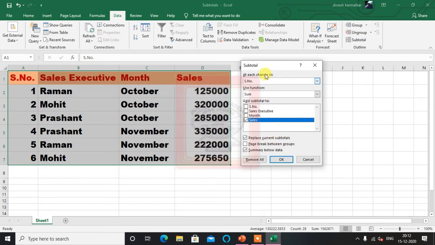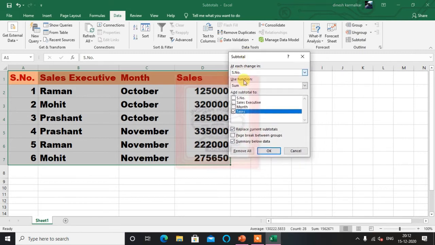Once you click Subtotal, you can see this dialog box. In this so many things are there. Now, according to which factor do I want the data? First of all we will see a very easy one, that is month-wise, because the data entry we have done is month-wise. First for October, then for November. If I want a separate total for October, November and again the grand total, then for each change in month I will find the total. By total I mean I will use the sum function.